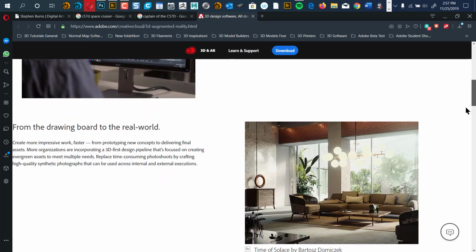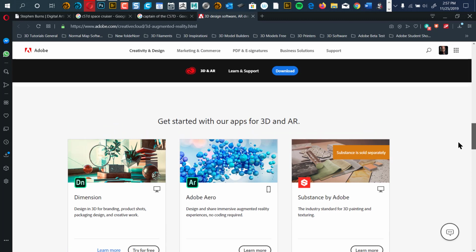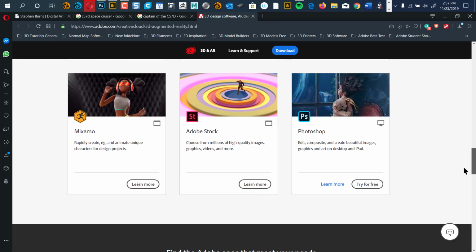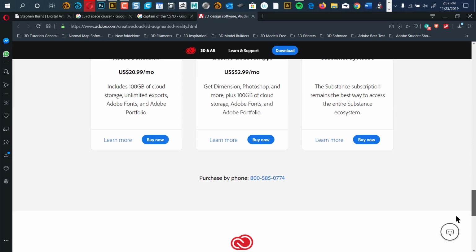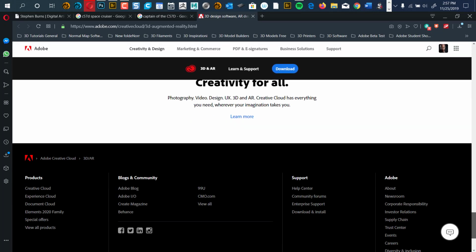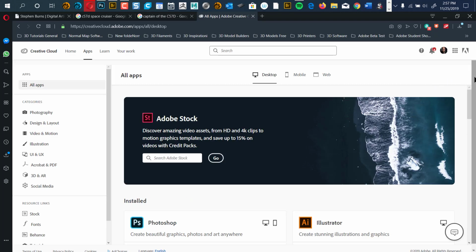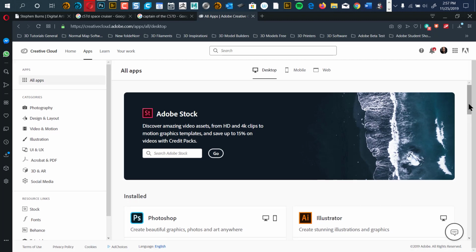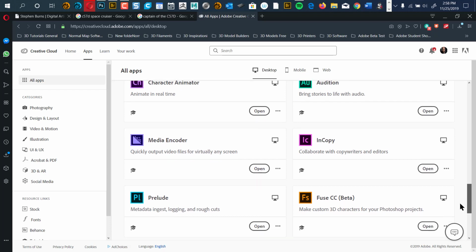You scroll down, and it gives you a little bit of verbiage here, but I think this will be part of your Creative Cloud subscription. Let's hit the download. Where do we go? What can we download? Okay, so Adobe Stock for photographs, right? And just come down here. Now, I guess you want to look at the